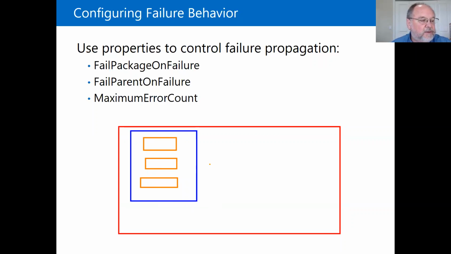Now, thinking from the task's point of view, its parent is the container. And the package, of course, is the package. From the container's point of view, the parent is the package itself. So for the container, the parent and the package are the same thing,